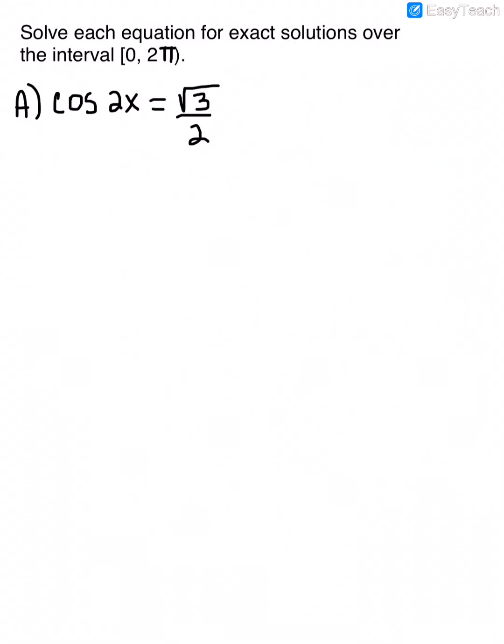Now we're looking at some equations that we need to solve for exact solutions over the interval between 0 and 2 pi. This has cosine of 2x is equal to the square root of 3 over 2. This is a linear equation, and we can isolate the variable in this equation. We can isolate 2x by taking the inverse of both sides. So if I take the cosine inverse of both sides of the equation,